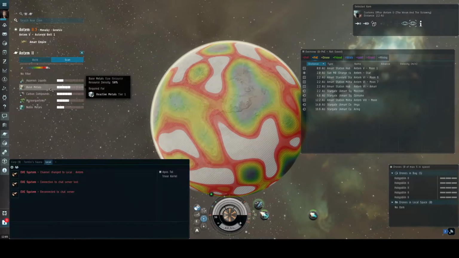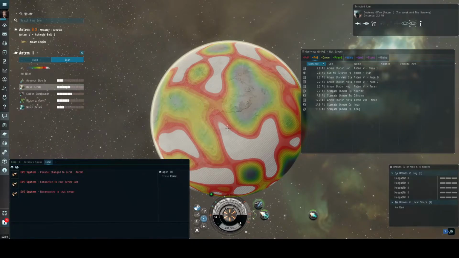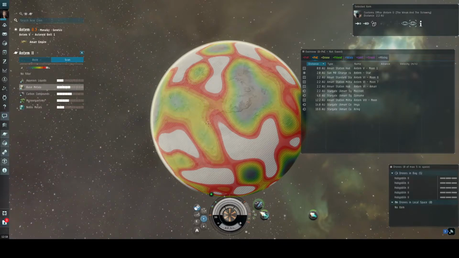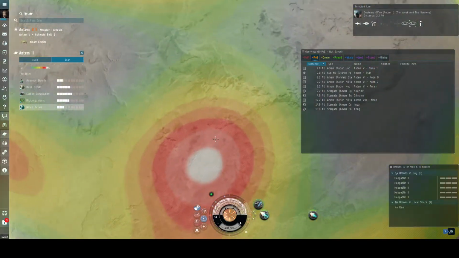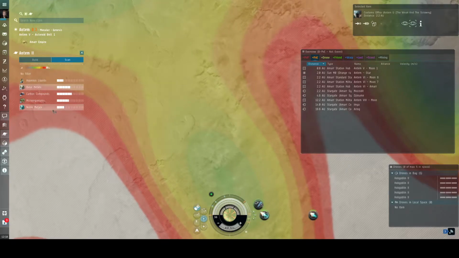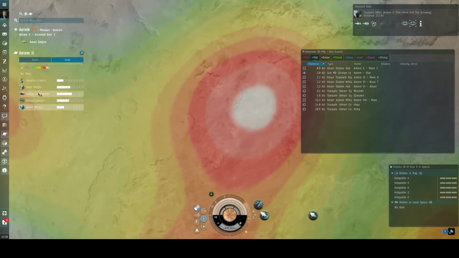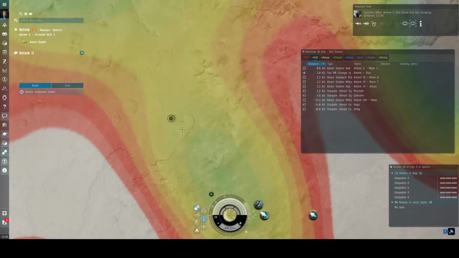We're then going to look at the base metals compared to the noble metals, and you can see that there's a big portion of base metals either side of this section of noble metals here. So this is where we're going to build. Zooming in a little bit, you can see that that's there, and this is either side. So if we put our command center somewhere in the middle here, that'll be perfect. So we'll put our command center down,